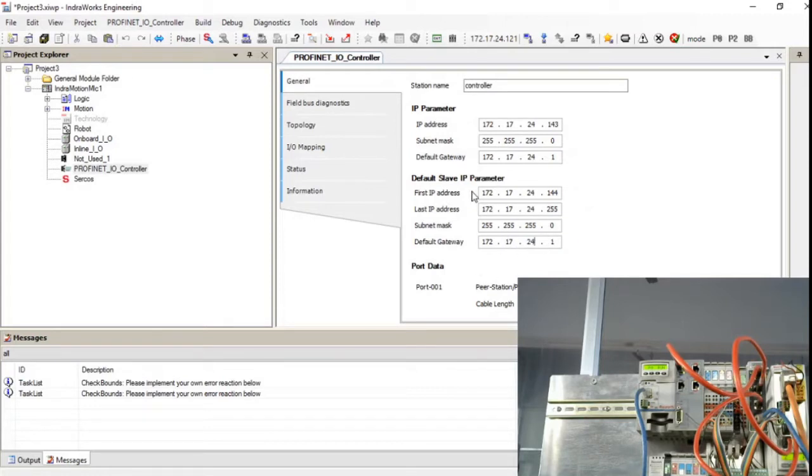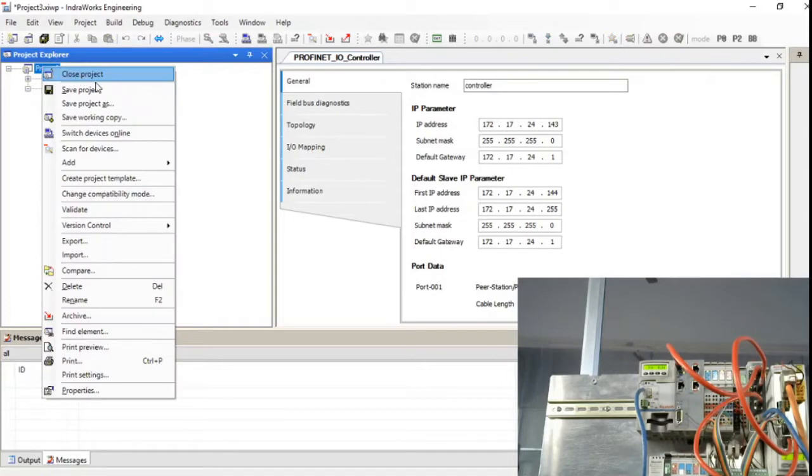So once all this configuration is done, you just right click the project and